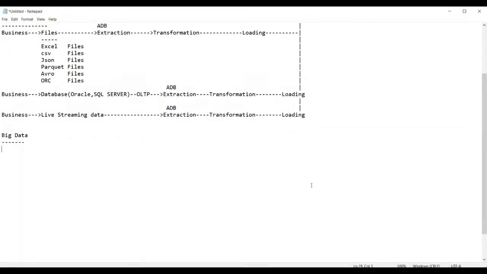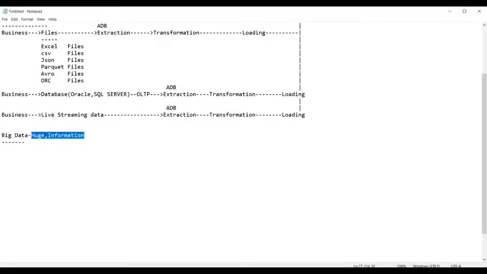Just understand, big data is not a very great concept where you need to get confused. Just split it: Big means huge or massive. Data means information. So we can say huge information.